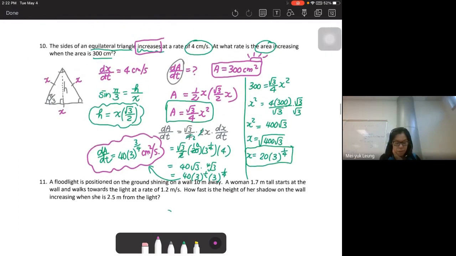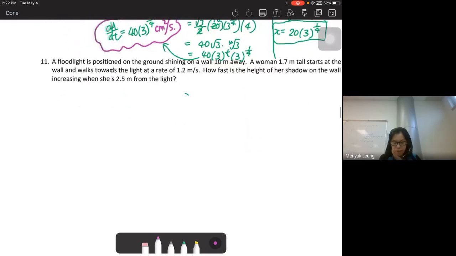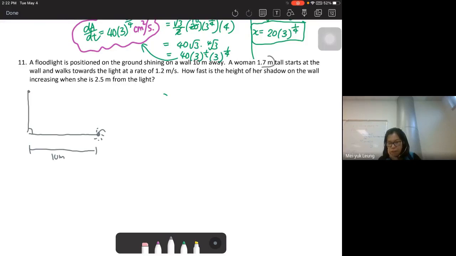Okay, so this is a very typical related rates problem, a simple one. Okay, number 11. A floodlight is positioned on the ground shining on the wall that is 10 meters away. So let's draw the diagram. So let's say this is the floodlight, on the ground, and it is 10 meters from the wall. Okay, and then a woman 1.7 meters tall starts at the wall and walks toward the